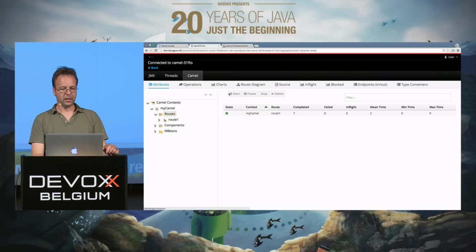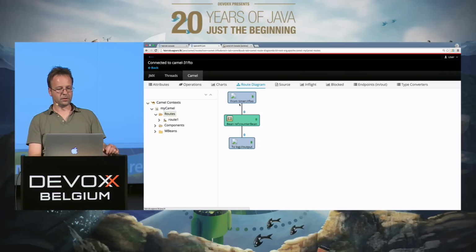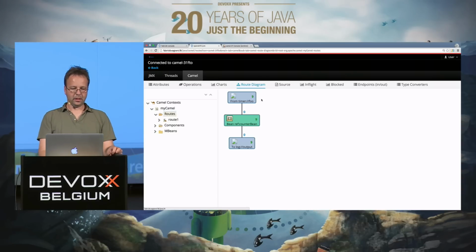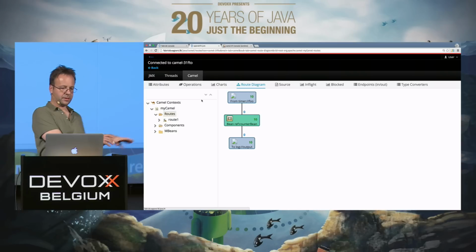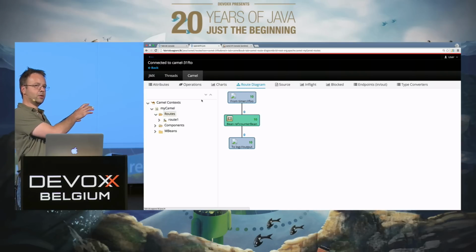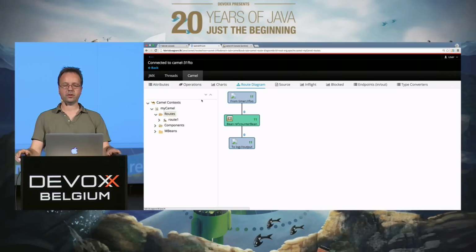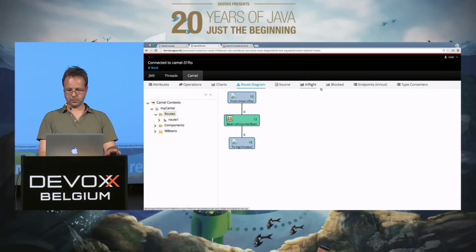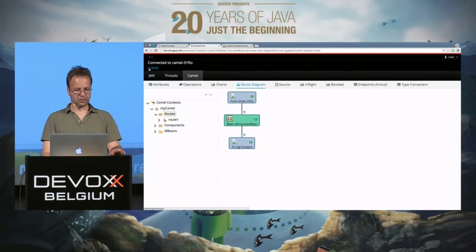You can see a visualization of your Camel routes, and you also see how it runs and how many messages have been transmitted through this pipeline. And what you see here is simply the hawt.io console. You probably heard about it. This is also a general purpose console for managing and monitoring Java applications in combination with Jolokia. Okay, now let's go back.